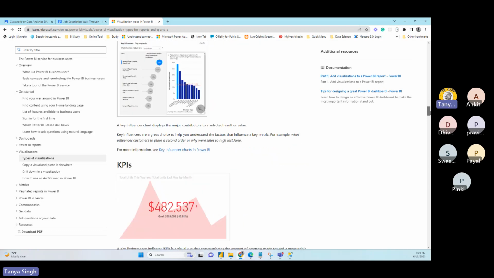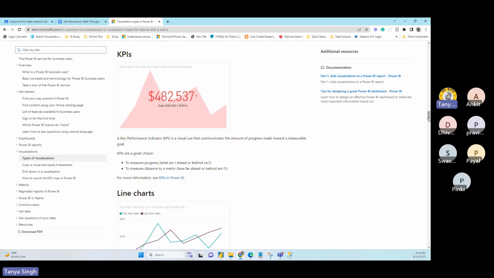So other things are there. There are a lot more things on that, right? KPIs we talked about, right? Like see this example. If the KPI is not there, then 482,537, it looks like, oh man, it's half a million, right? It's half a million dollars, right? But still the business is not happy with the half a million dollars. The reason being they had targeted 595. So there is an 80% decline in their revenue, right? So that's why they have turned red.